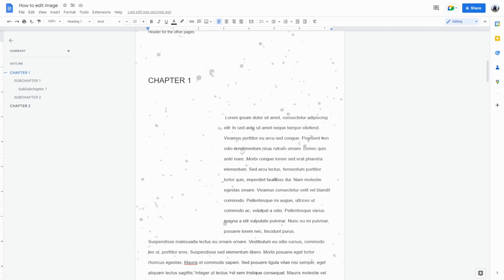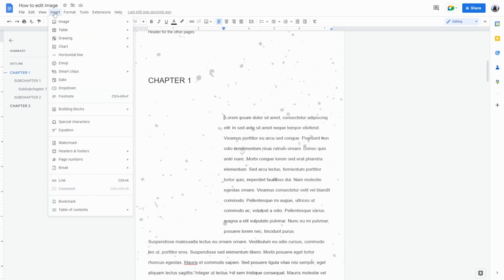To do that, we have to select here, go to Insert, and what most people do is they go to Image and they try to edit things from here. Now you can do some things from there, but not everything. To get the most out of Google Docs, you have to go to Drawing, New,